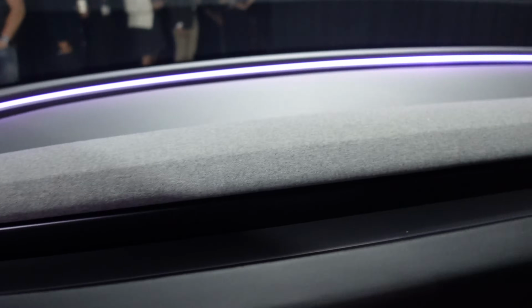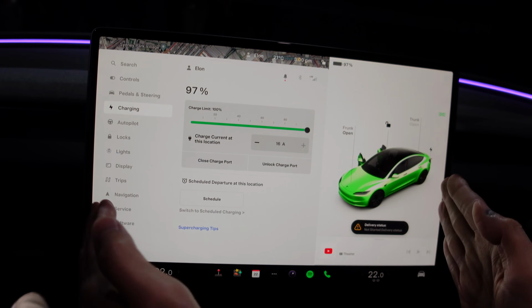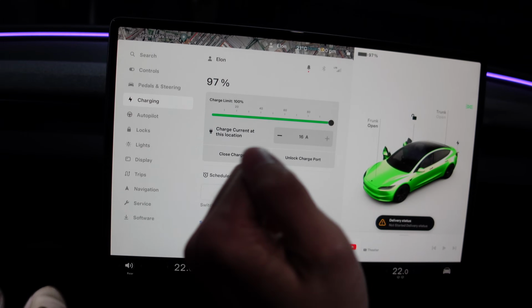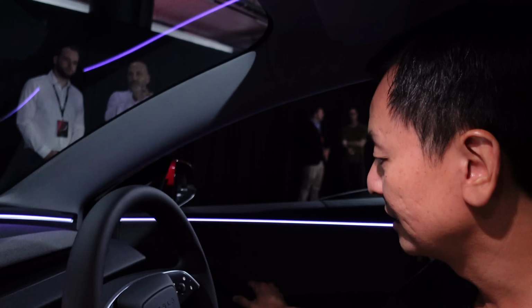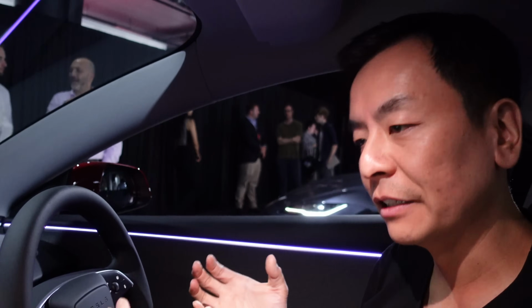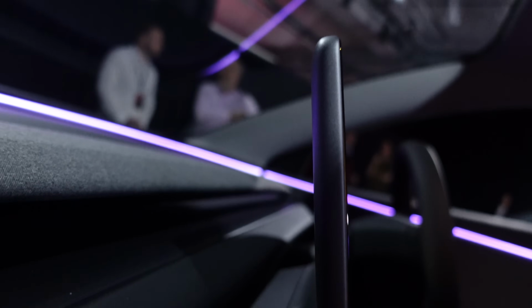And notice too that the screen looks different too. So this is a new screen, decreased bevels. So you see how the image goes more out to the edge there. If I close the door here, oh, that's a nice sound. So I'll do it one more time from the inside. That definitely feels more solid. It's lovely. Okay, so we'll go through the infotainment screen very shortly, but let's have a look at the steering